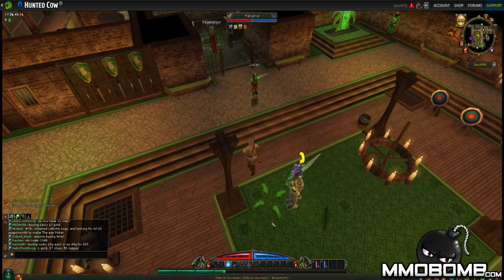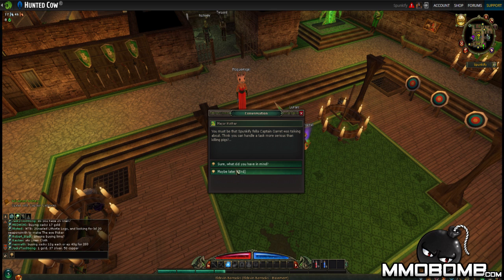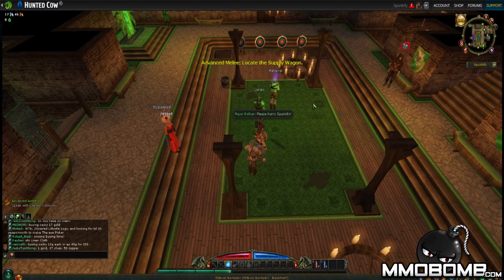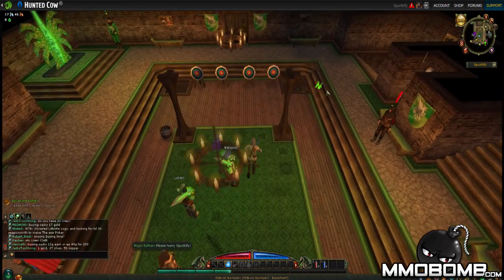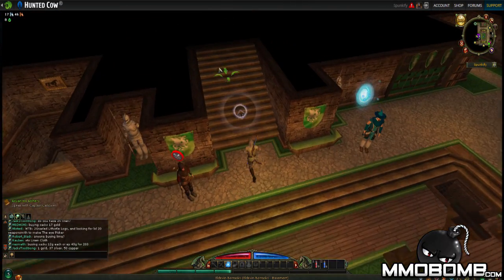So I'm going to go ahead and try to, I don't know, that's a player. Alright, there we go. Go ahead and talk to this guy. What did you have on mind? Let's see. What was last seen? Yes, sir. Yes, sir. Alright, advance. Locate the supply wagon, it looks like. Alright, so we've got to come over here then, and I guess go back through where we came from, or